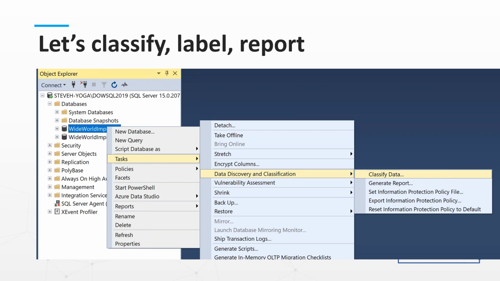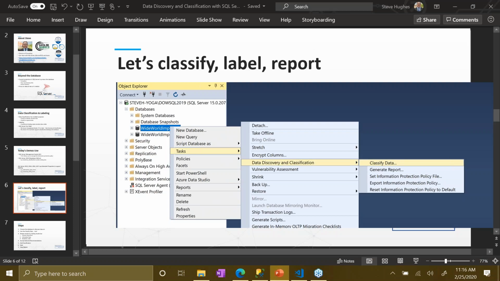So we're actually going to go through the process. I haven't run this on the Wide World Importers database yet. If you want to follow along, do exactly what I did: you can load up 2019 Developer Edition and bring in Wide World Importers. That's the public sample database that Microsoft provides, and you can use it to classify your data there. So let's dig in.